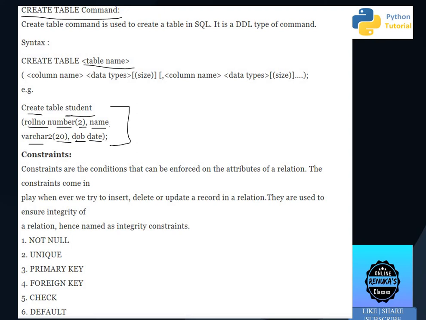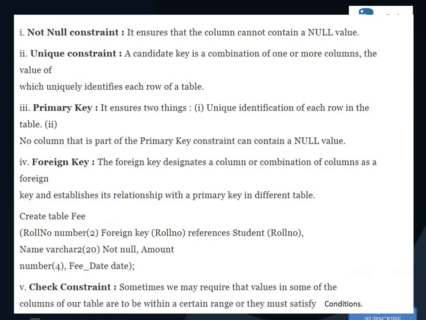Now if you want to add some rules or conditions for these columns, you can make use of constraints. They are used to add some conditions on the columns or attributes. For example, not null, unique, primary key, foreign key, check, default. When we use not null, it will ensure that the column will not contain any null values.